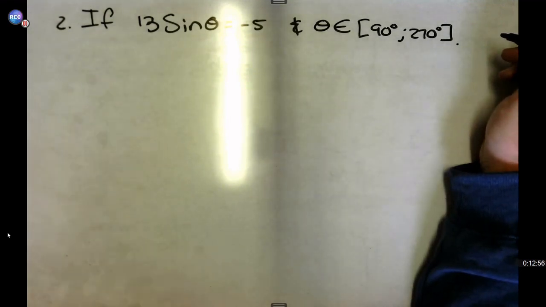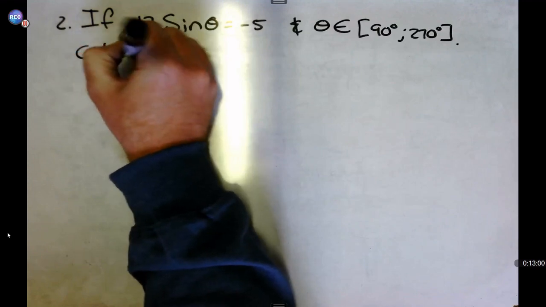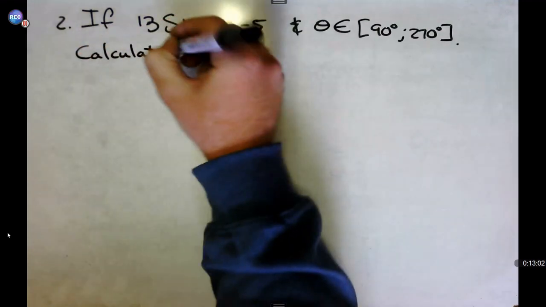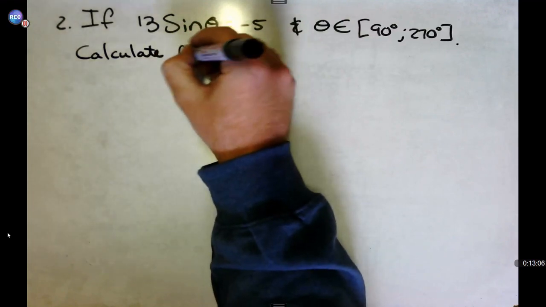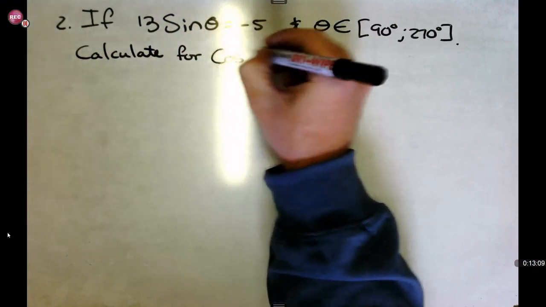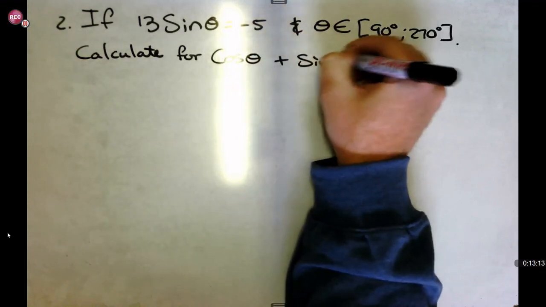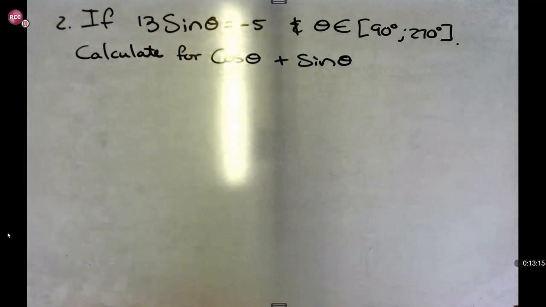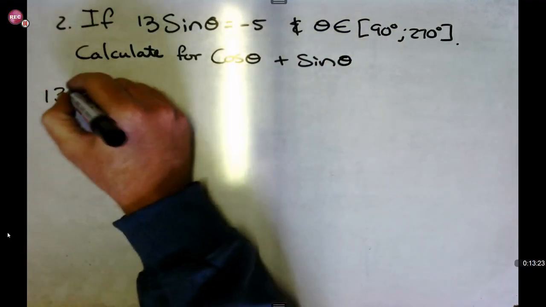So we need to calculate the following: cos theta plus sine theta. So they want you to calculate cos theta plus sine theta in this case. Okay, first things first, you need to write this down. So we write down 13 sine